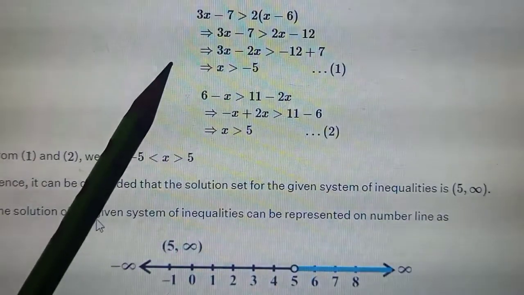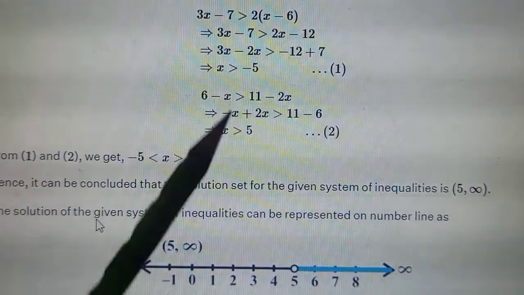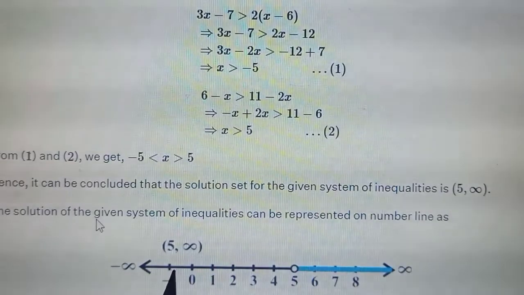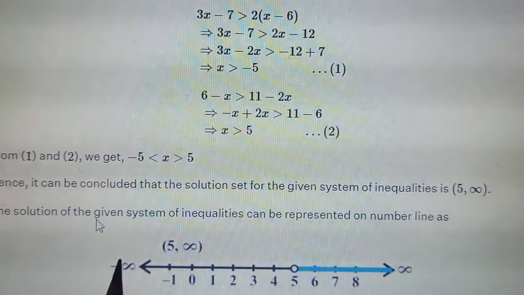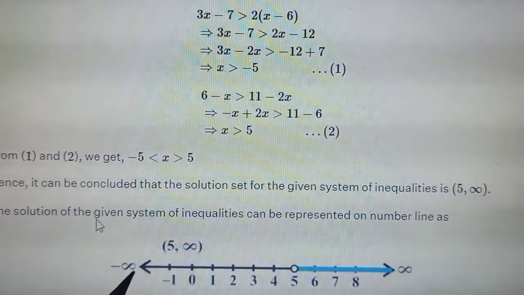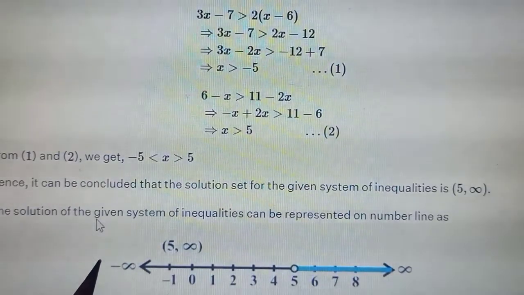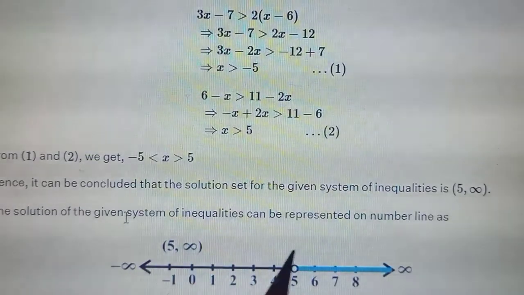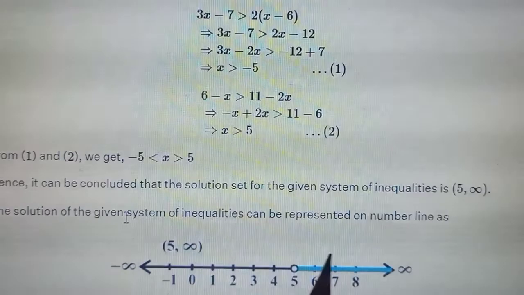Now see, until now in the earlier ones, somewhere the smaller range was coming, somewhere the greater; in this, both came greater, but no problem. For this, x is greater than -5, we choose on our number line -5 somewhere here. So x is greater than -5 would be this whole solution. I don't know why they haven't shown it properly. Anyways, just visualize that -5 is somewhere here, so all x greater than -5 would be from -5 to the right of it. For the other one, x is greater than 5, so from 5 to the right of it.